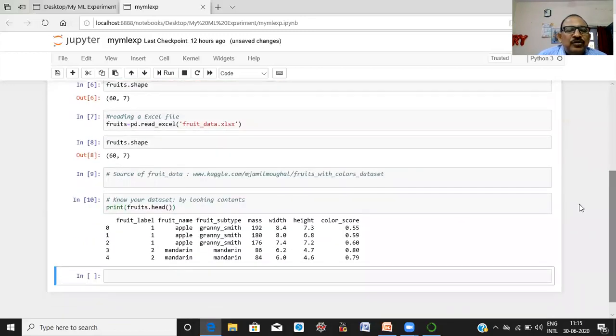Here you can see on your screen, the head method displays the first 5 records of your data set.